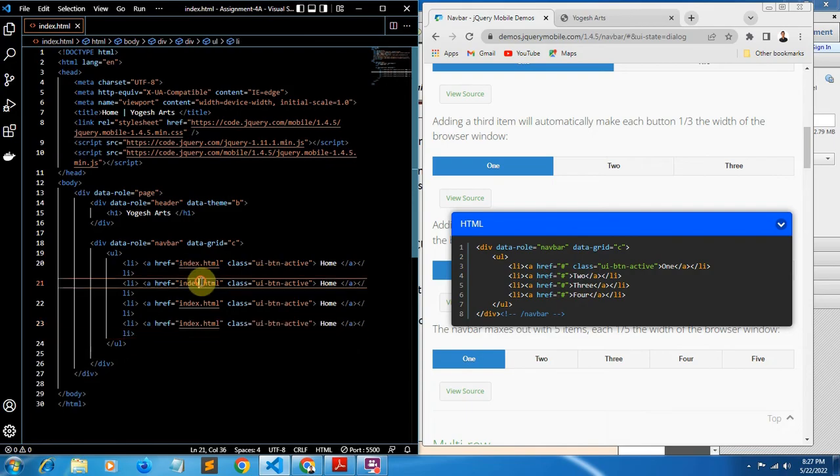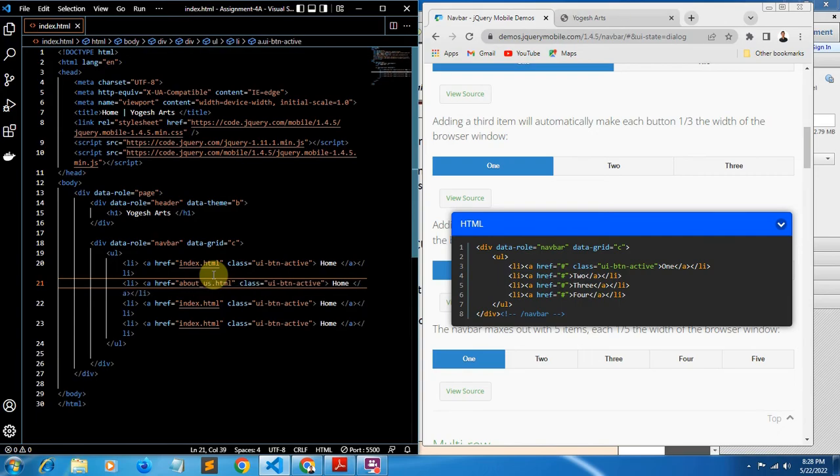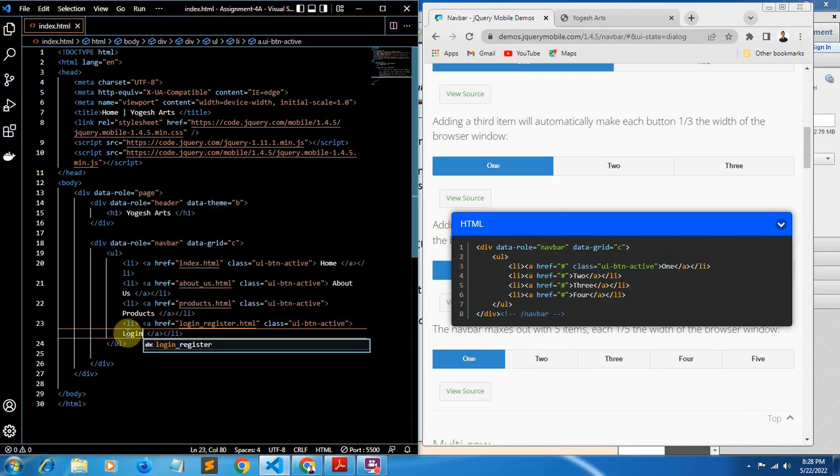and I'll just change the links here. Instead of index I'll write aboutus.html, and here also I'll change it to About Us. Then here I'll write product section, so products.html, and here also I'll change it to Products. Then next I'll add login_register.html, and here also I'll write Login / Register,